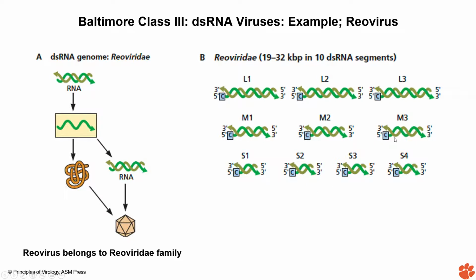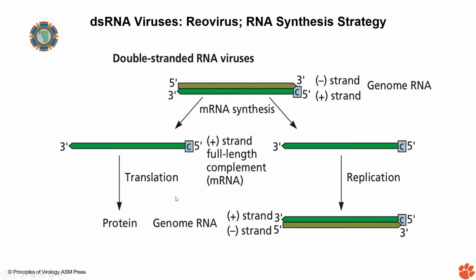To tell you why. So each of these segments are individually made into this. So think about that. This is just one of the 10 segments. It can make the mRNA that is translated into the protein. On the other hand, the same way, from the double-stranded RNA, it's also going to make the mRNA. Remember that when the RNA-dependent RNA polymerase is reading the double-stranded RNA, it is reading 3' to 5' to make a 5' to 3' mRNA. So it's the same thing.